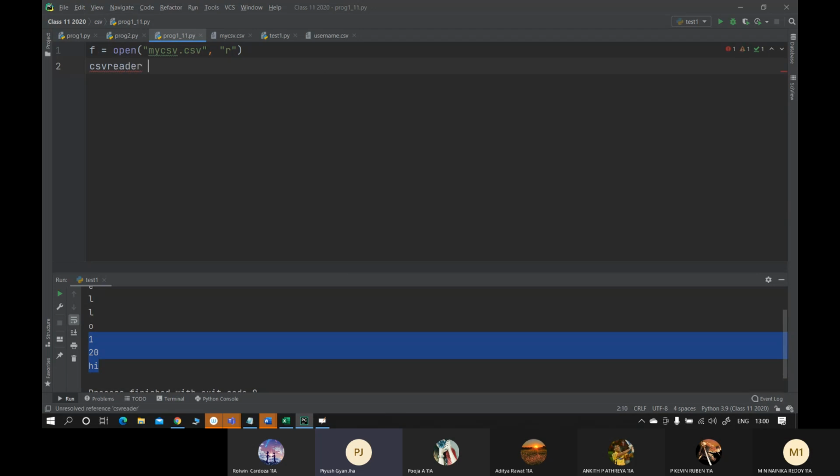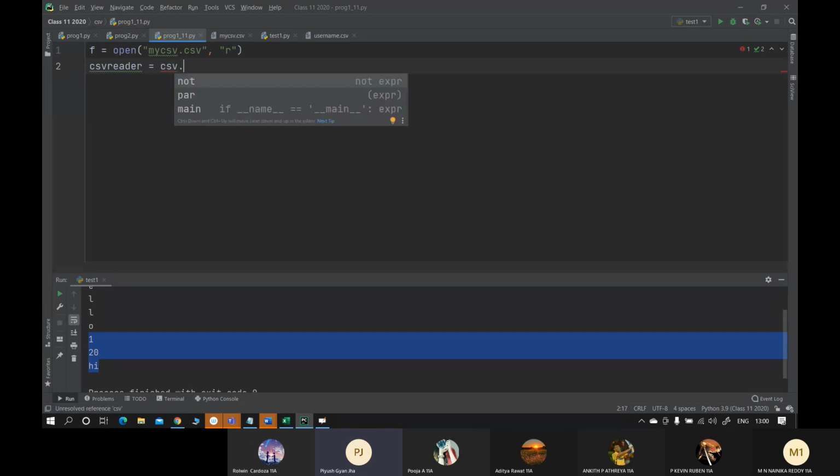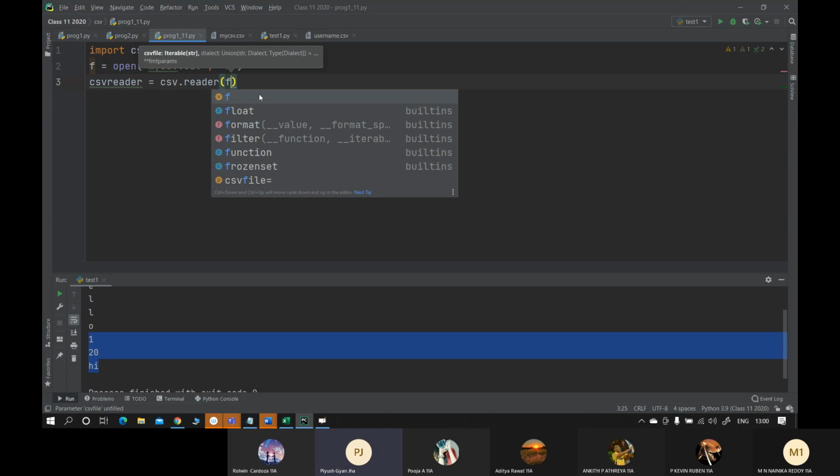Yeah, anything. How will you convert? By passing that normal text file. I have not imported the module. Import CSV. csv.reader, and then you will give the name of the file.